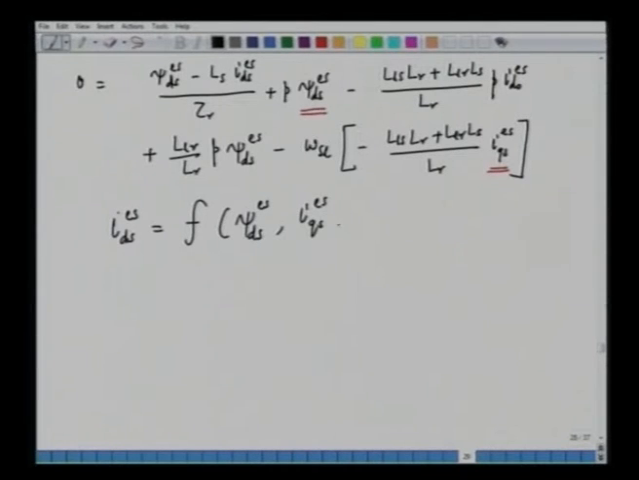IQS, and the slip speed, which we can easily write as we have done in the case of air gap flux oriented vector control. So if we obtain IDS as a function of psi ds, IQS, and omega SL, then for a given omega SL, a given IQS, and a given psi ds, we can evaluate what IDS should be. Similarly, if we take the Q axis rotor equation,